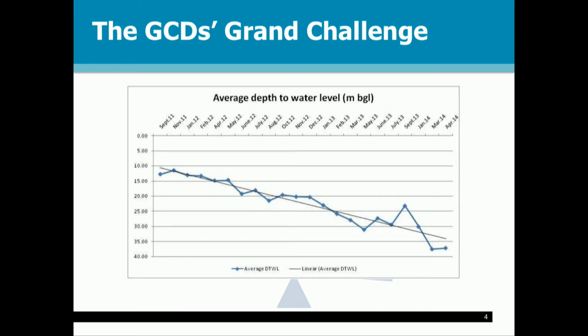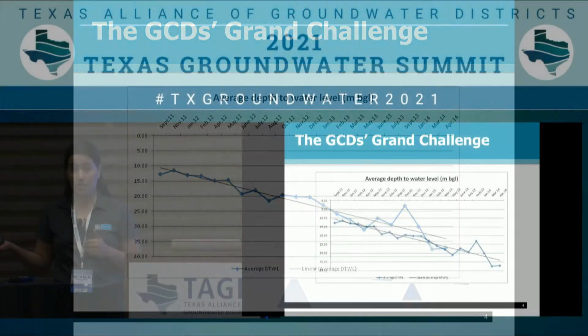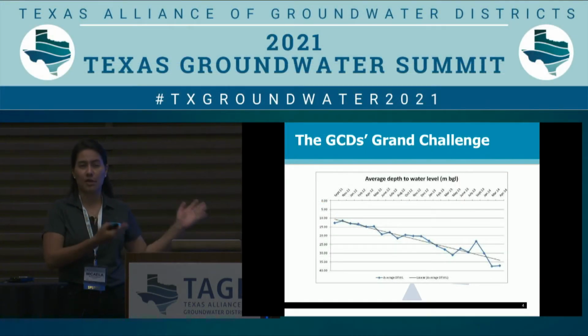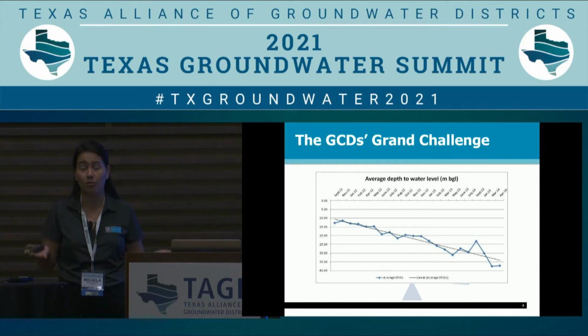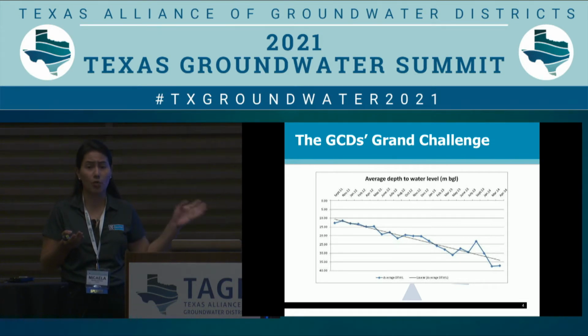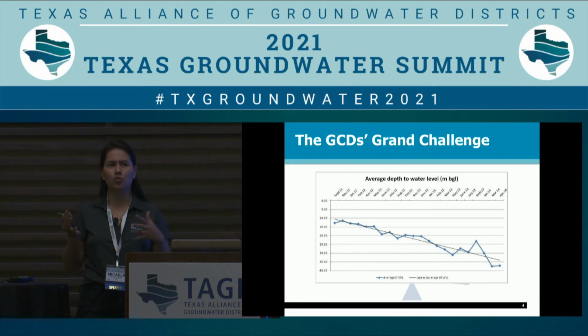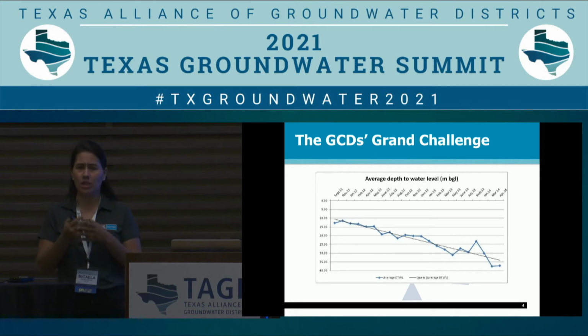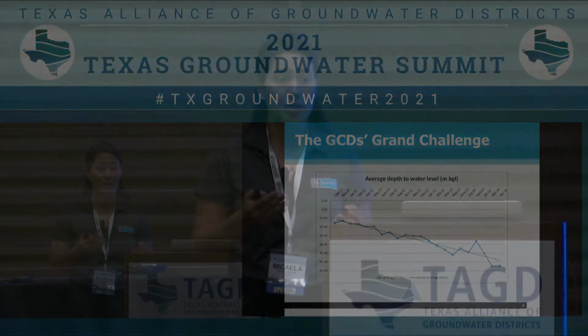Well, next month, I'm gonna get new water level measurements in the field, and I need to update that chart. And it doesn't give me any information on how it compares to the simulated water levels from groundwater models in the area, or any information about where the well is located, how close is it to the faults. So we see that we might have to pick and choose which data sets we want to present, or we may try and compare a couple, but it seems like an effort has to be made in order to integrate